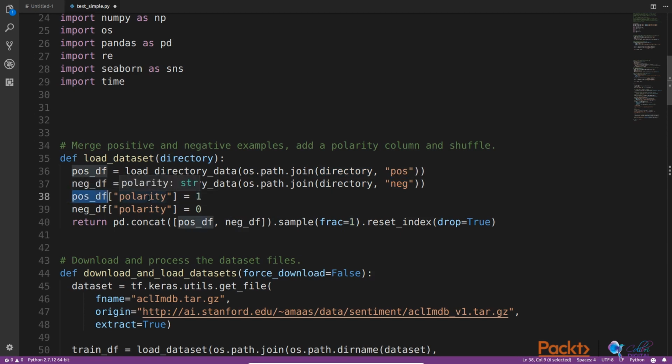And now we're just saying that the polarity of this pandas data frame equals 1. So we're specifying that the positive data frame has a polarity of 1, so it's positive, and the negative data frame's polarity index is 0. And then we're going to return a concatenated version of the positive data frame and the negative data frame,